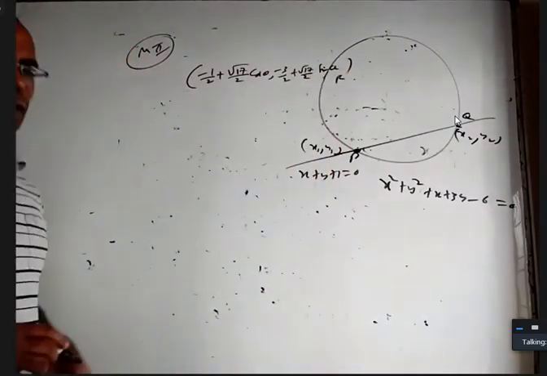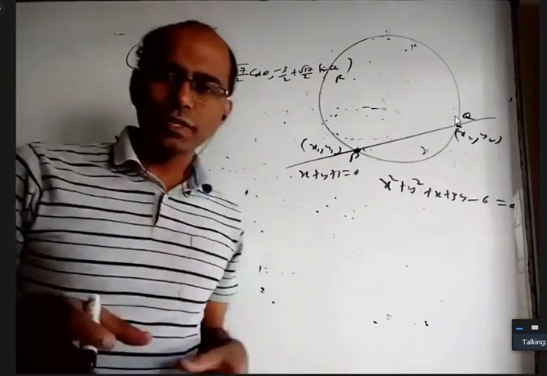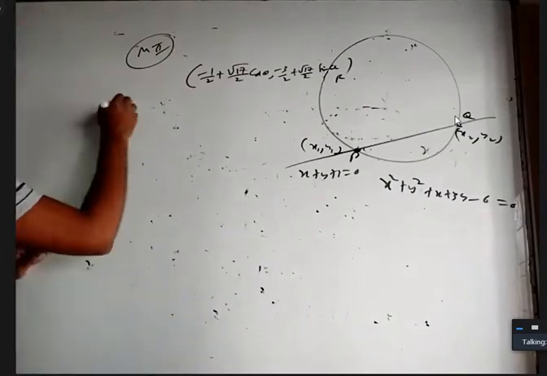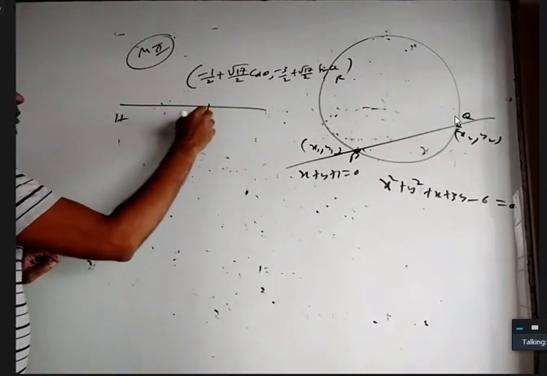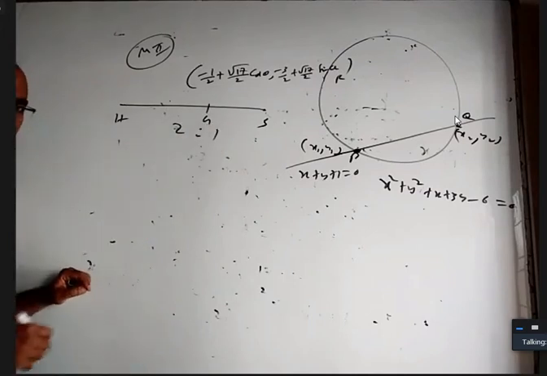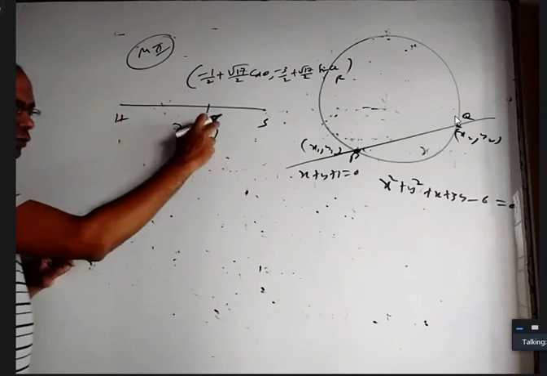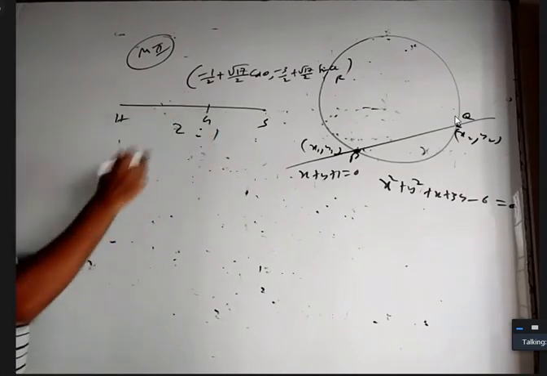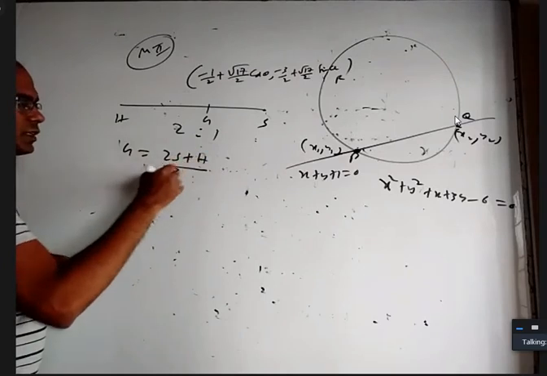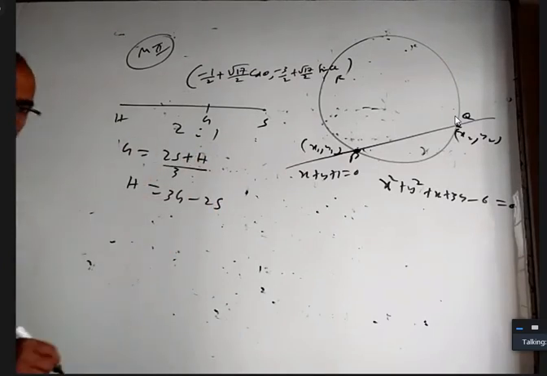Okay. For this triangle, finding the orthocenter is easy. I don't have to find the altitudes and do all that. I know HG to GS is in 2:1 ratio. H is there, G is there, S is there. This is 2:1 ratio. Right? Okay. I know the circumcenter. I know the centroid I can find. From that I can find the orthocenter. So here we get G equal to (2S plus H) by 3. H can be written as 3 times G minus 2S.